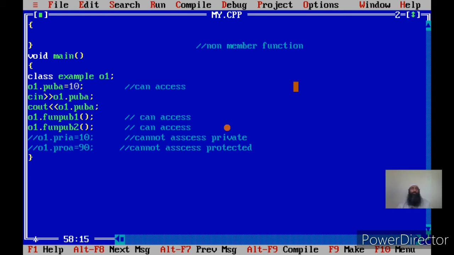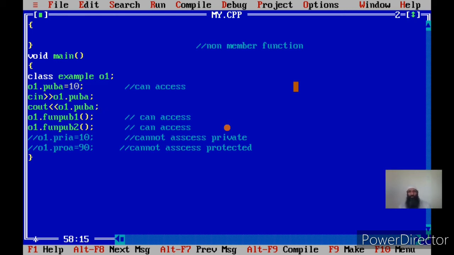Now, as I told you, accessibility at the object level means you are able to give the unique name to the data member or function by using the object name and a dot operator. There is no question at that level that we are actually making a memory access, and this is where the confusion lies in the mind of a student, because the student thinks that accessing with a dot operator means actually accessing the memory.